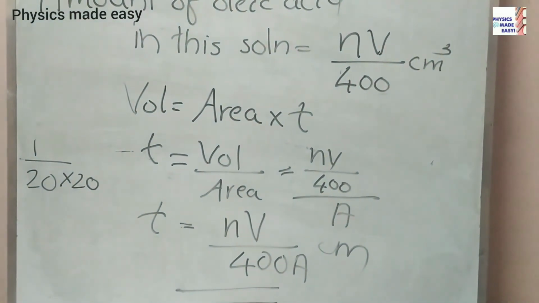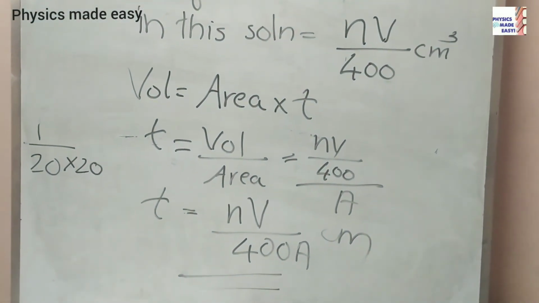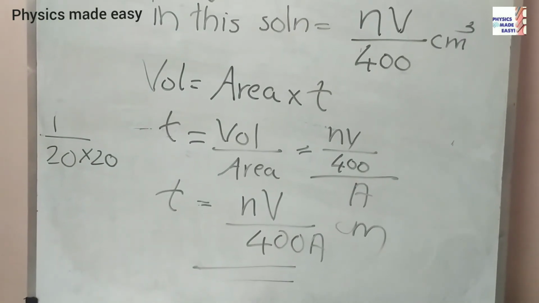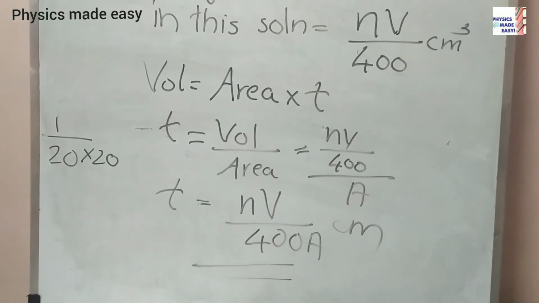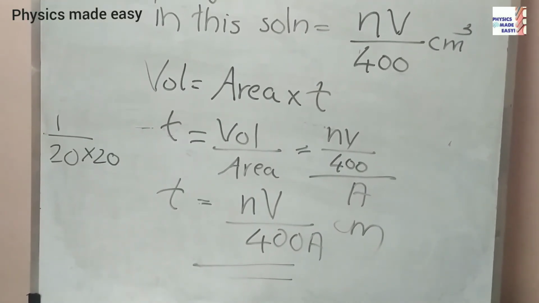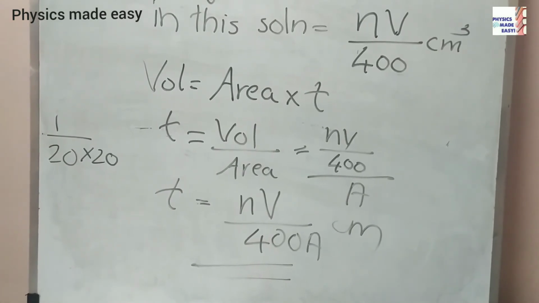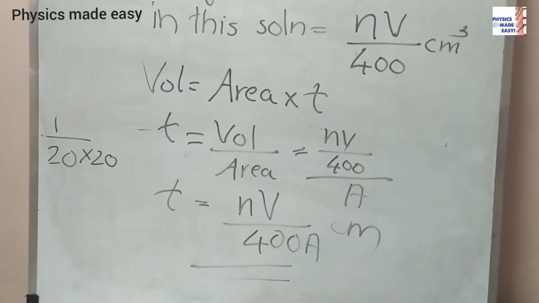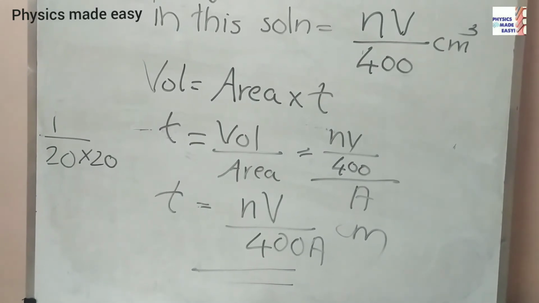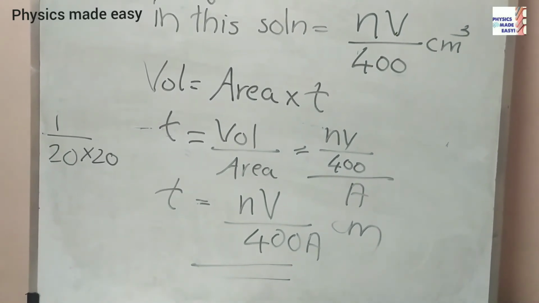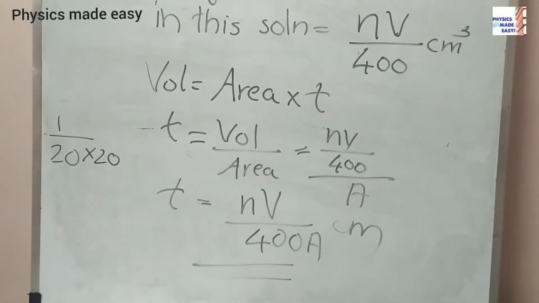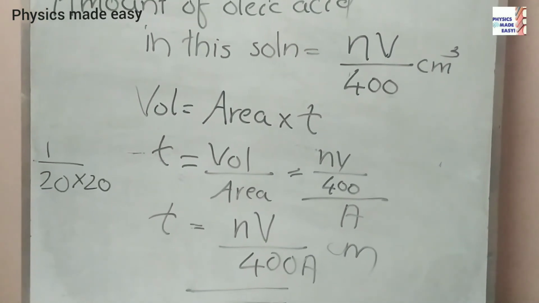Now we can consider the film has 1 molecular size thickness. Then t will be approximately equal to the size or the diameter of the oleic acid, and from that we can get the value of thickness in the order of 10^-9 m, that is, nanometer. I told you 10^-9 m is a nanometer.